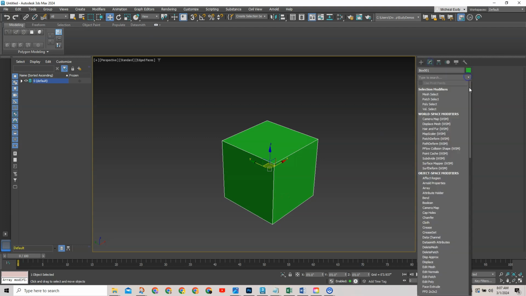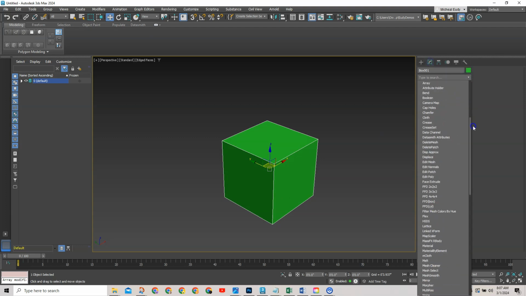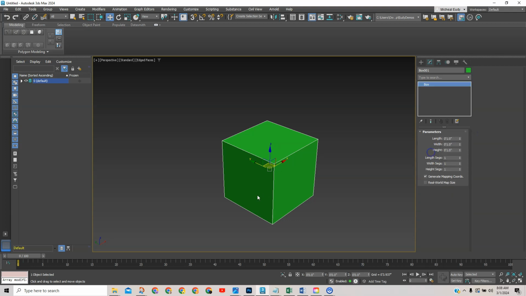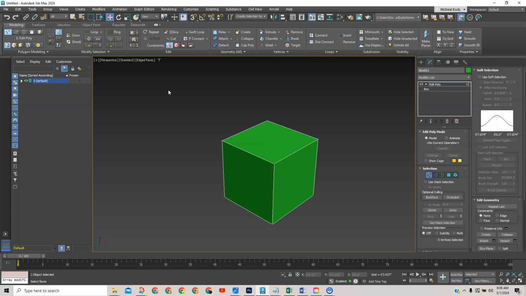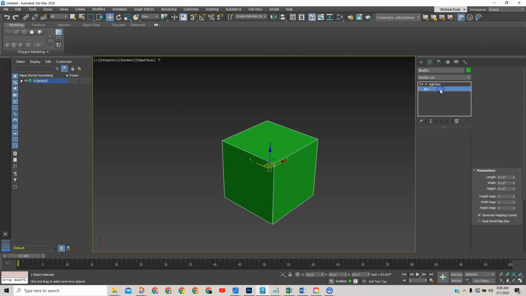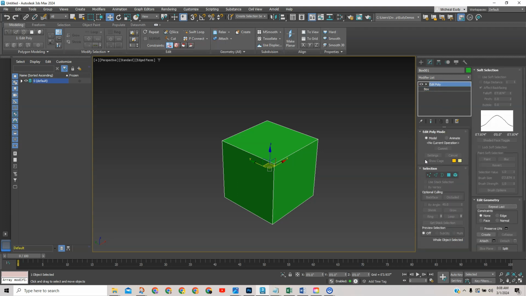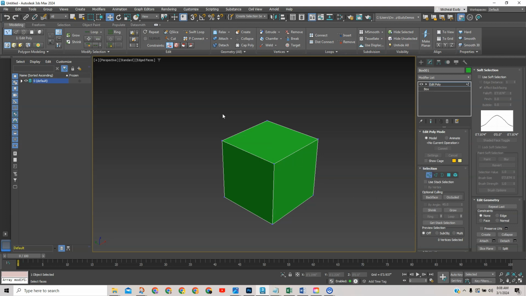Okay, let's put an Edit Poly modifier on this. Now we could just collapse it to Editable Poly, but this is going to leave us an out to come back and change things. And by the way, when you make your box, which I didn't cover, make sure there's only one length, width, and height segments on it. Okay, grab all the vertices,